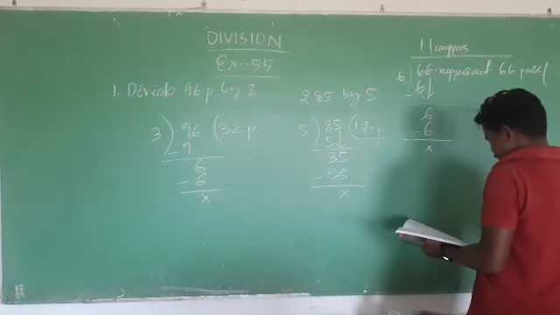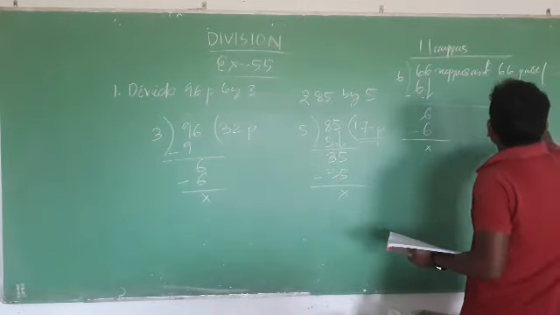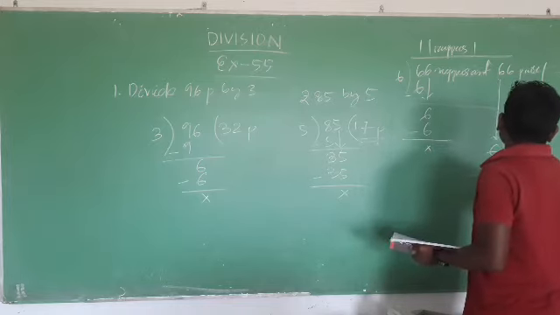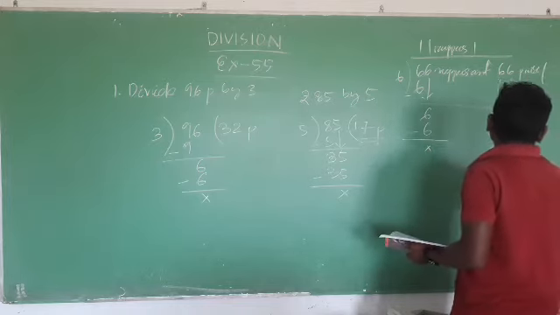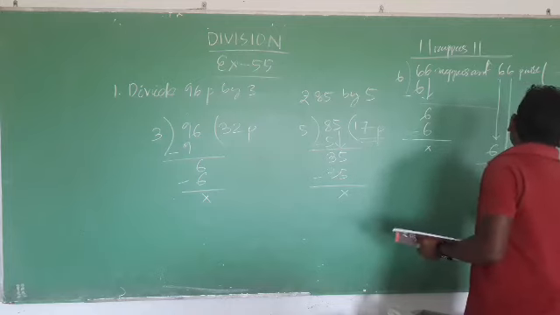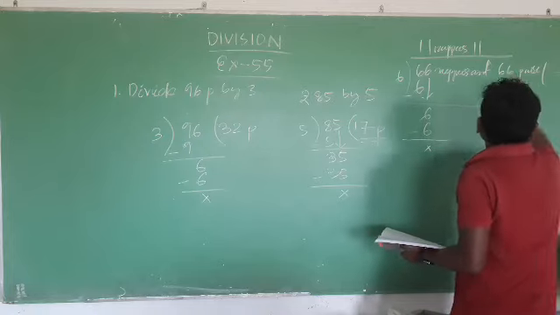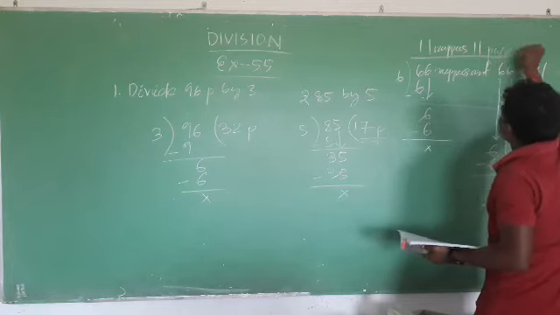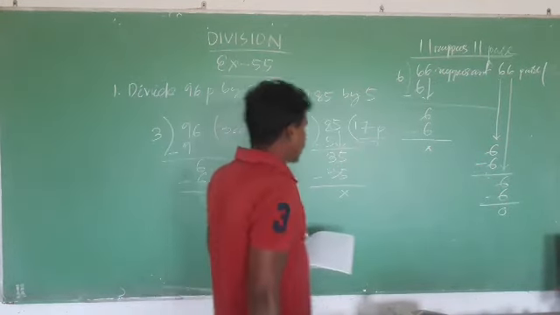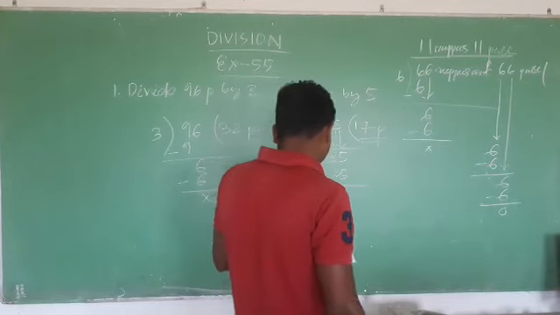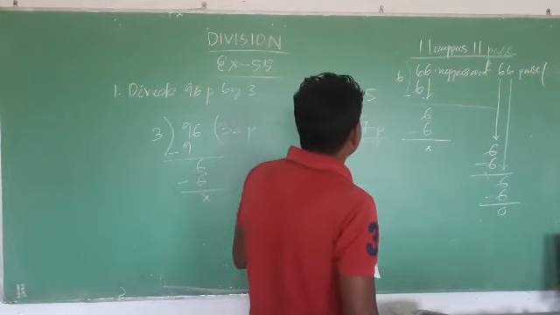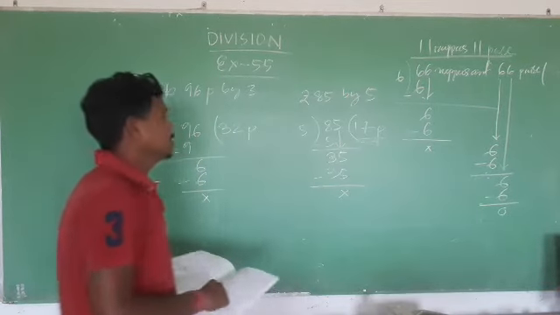Okay. We will then come to 66 paisa. Here 6. 6 1 is 6. This is 0. Again this 6. This is 6. So 6 1 is 6. Okay. This is 0. Now this much paisa. This will be the answer. Okay. 11 rupees and 11 paisa will be the answer. Or we can write 11 rupees. Okay. Like this you can write.